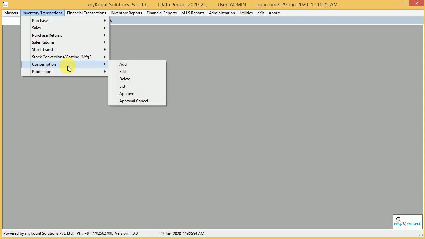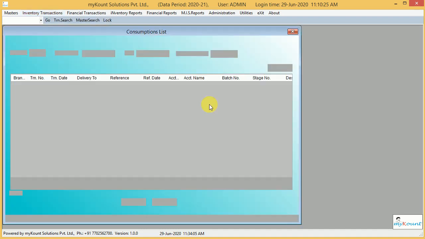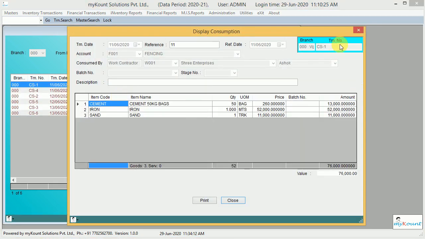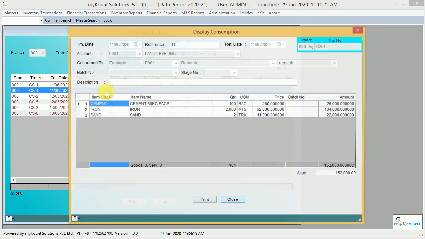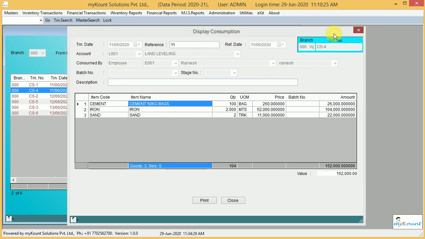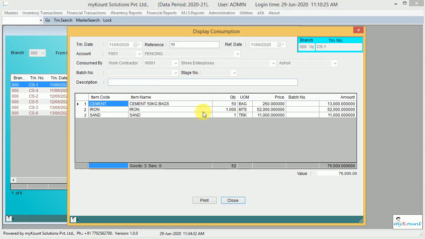Example, for a construction company, material will be used first, production will come later. So at the time of goods taking from stores, for each and every outward, the store manager or storekeeper will generate a bill. So these are all the bills. At the time of generating the bill, he will mention the BOQ, the bill of quantity, and who has taken it, either an employee or work contractor, and what material he has taken. Like this, day to day, the storekeeper will maintain a record for outwards.